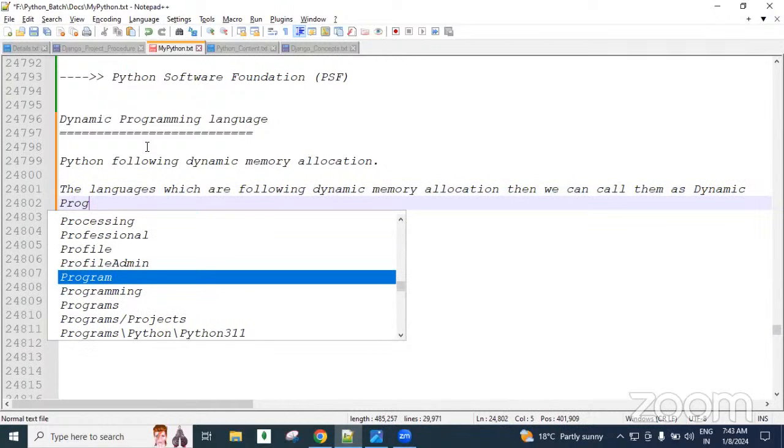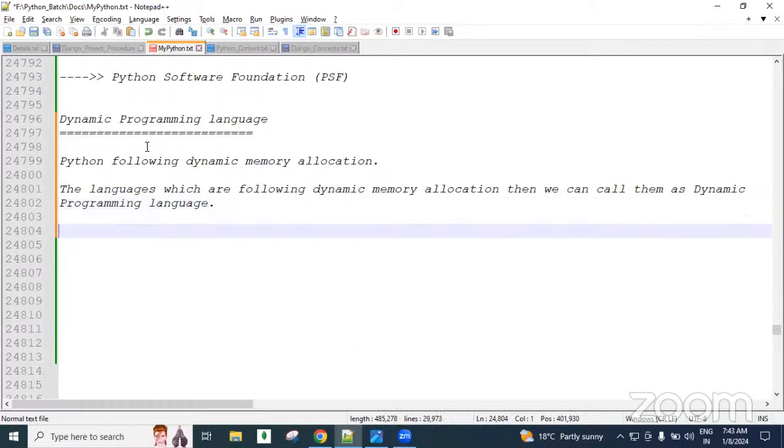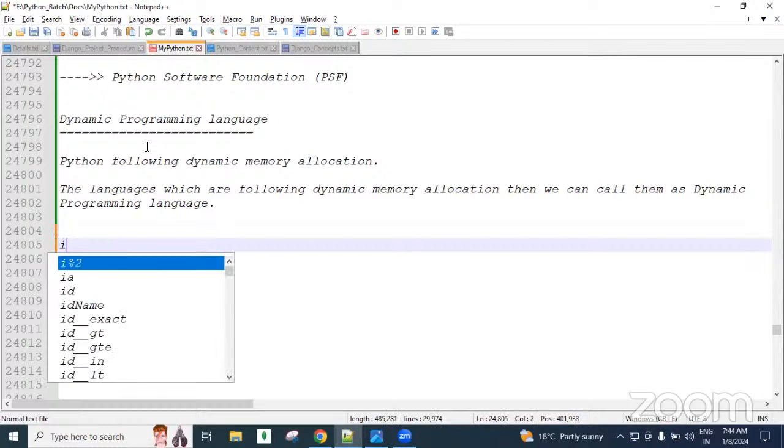Dynamic programming language. The languages which are following the dynamic memory allocation, we can call them dynamic programming languages. So Python follows the dynamic memory allocation. That's why we can call Python a dynamic programming language. So in Python, guys,